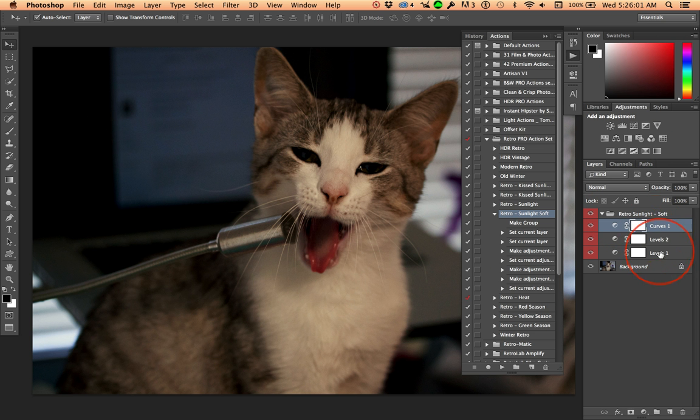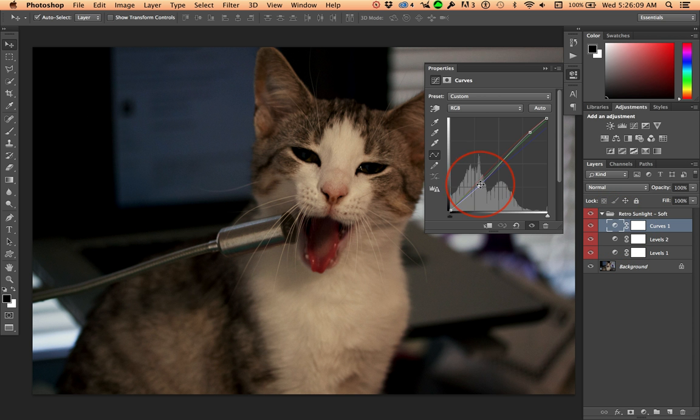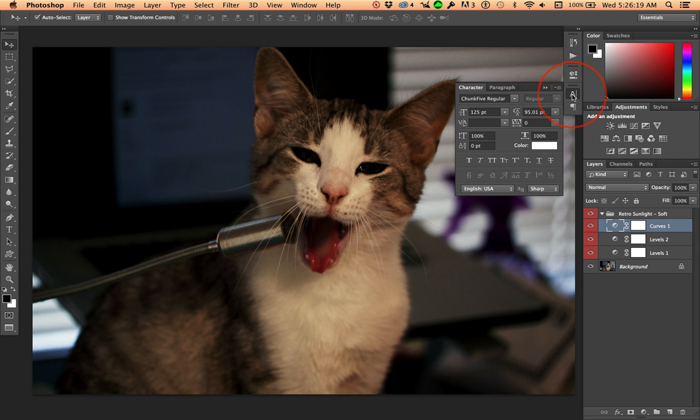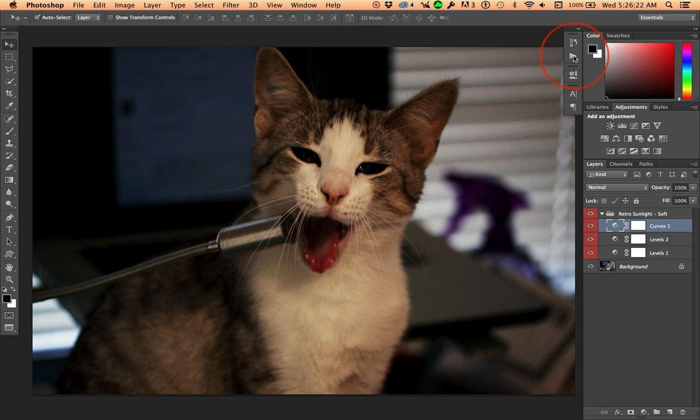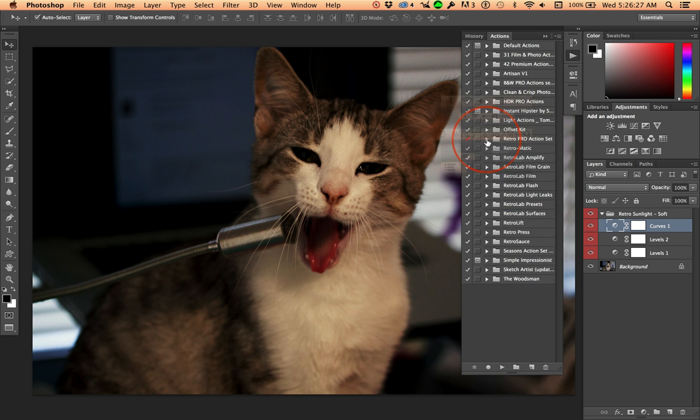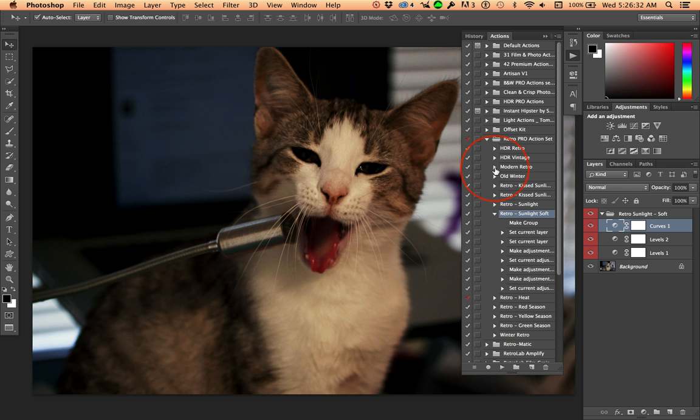And it added in adjustment layers inside a folder, showed you that, and all these things, of course, you can double click on and then edit to your heart's content and change this to further modify what's going on. And there you go. That's actions, and there are character panel actions up here. Lots and lots of different ways to experiment with this. Some people get addicted to actions and just click on them and they take whatever's there. Remember that you can always